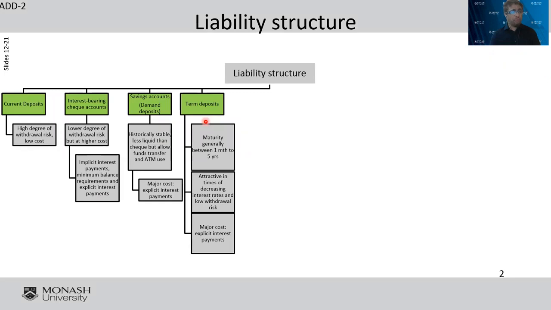We have what we call the term deposit. This can be for 5 years, can be for 90 days, can be for 170 days, 280 days. It goes from 1 month to 5 years. It is actually attractive in times of decreasing interest rates because you hold it there and you get that fixed amount of interest coming. And the major cost for the bank is the explicit interest payments,